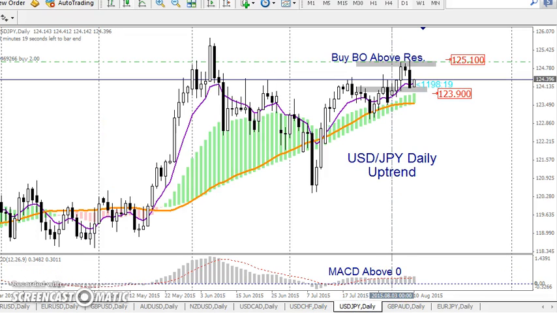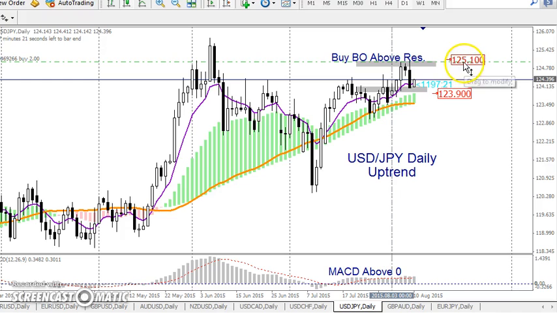And finally, we get to the US-Japanese pair. We did hit the resistance right over here. Price had come down quite a bit and hit another previous support area right here. So price seems to be bouncing back up. If price stays above this EMA, this moving average, then price would most likely go higher to test the resistance here again, and possibly we would look for a breakout above the 125.10 area. So again, you can place a pending buy